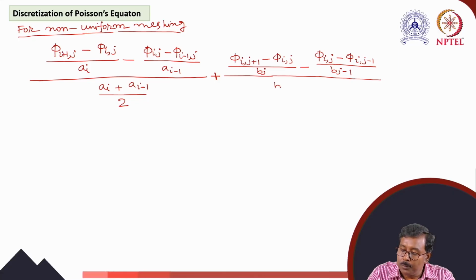Just like here, also (b_j + b_j-1) divided by 2 is equal to